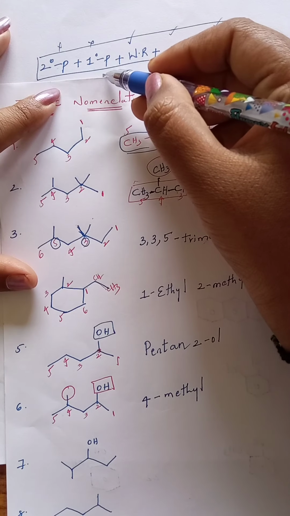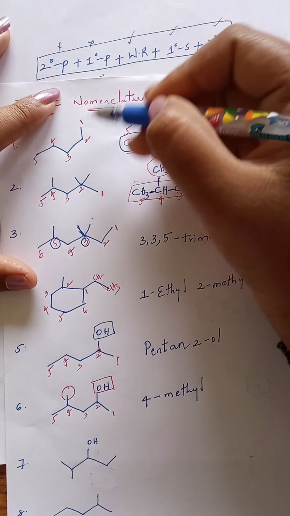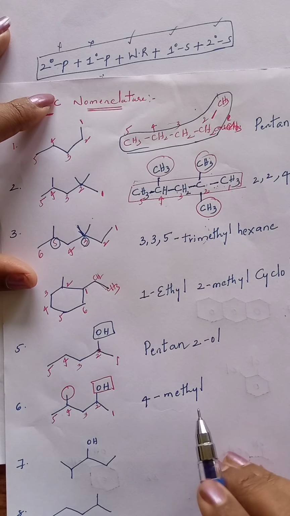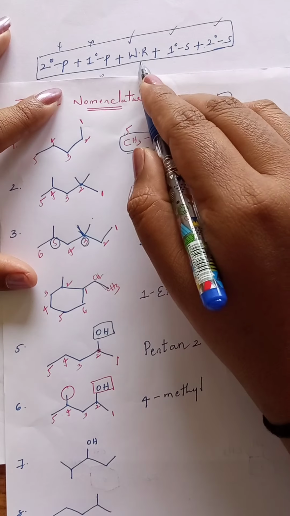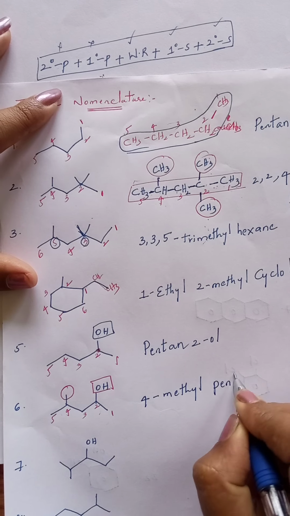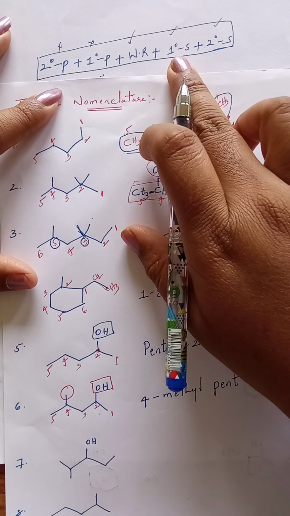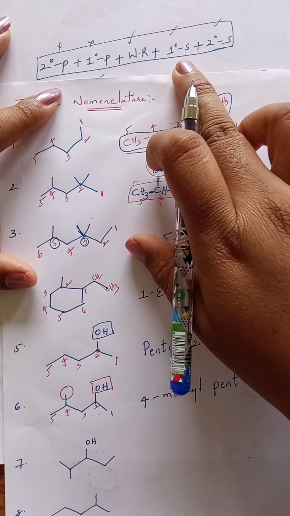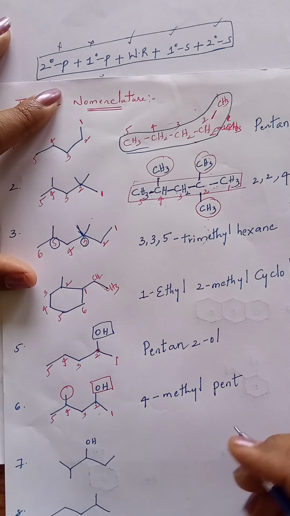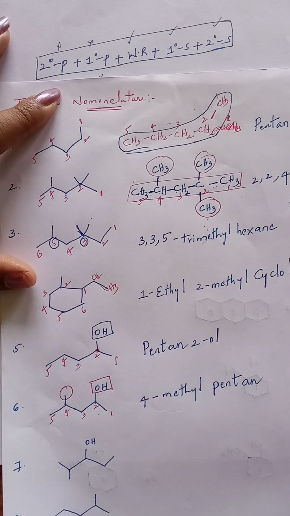After that there is no primary prefix. When can we use this primary prefix? If a compound exists in a cyclic ring. Now it is not cyclic, so no primary prefix. Then move on to the word root with 5 carbons. What is the word root? Pent. Then primary suffix. What does primary suffix indicate? Nature of bond. Which type of bonds are present? Single bonds. So primary suffix is A.